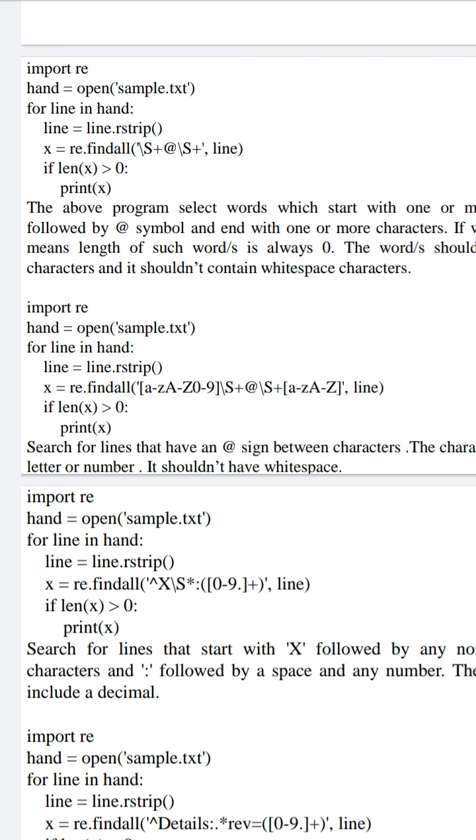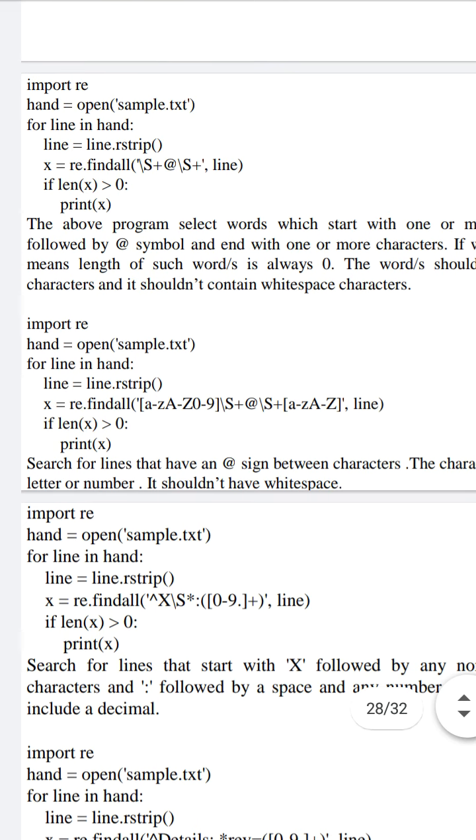In our previous example, this pattern was applied on only one line, whereas the same pattern is applied on all the lines which are present in sample.txt. If any match occurs, then the length of x will be greater than 0 and it will print all the patterns which satisfy our search pattern \S+@\S+.